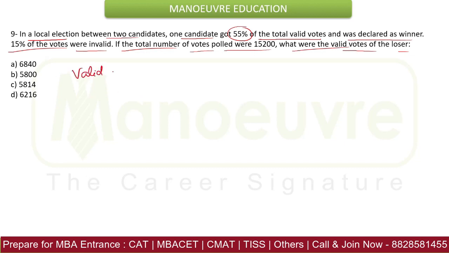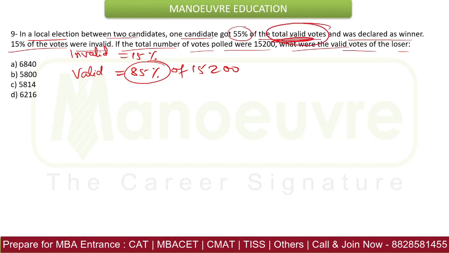if I try to check valid votes and invalid votes, invalid votes are 15%, that means valid votes are 85%. But 85% of what? 85% of total votes polled, that is 15200. Now out of total valid votes, 55% goes to the winner. So what will be the votes of the loser? Loser valid votes will be 45%. 45% of what? Total valid votes,